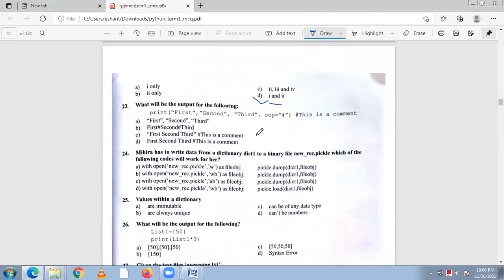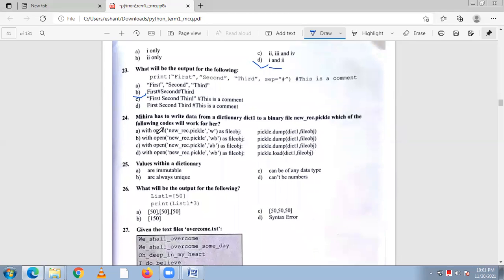So what will be the output of the following code? First, second, third, separate. So this is a comment. So the 23rd answer is first, second, and third. Answer is B. Now 24, Mihira has to write from a dictionary, dict1, to a binary file, new record.pickle.